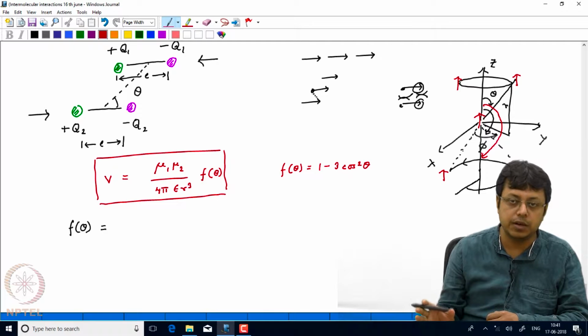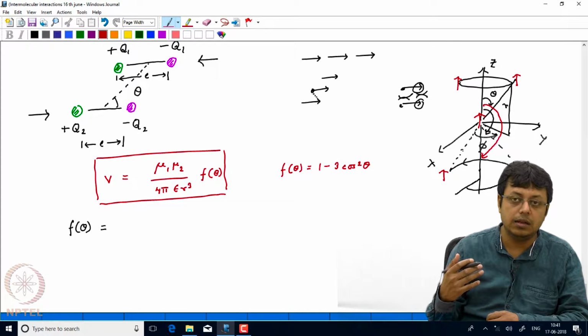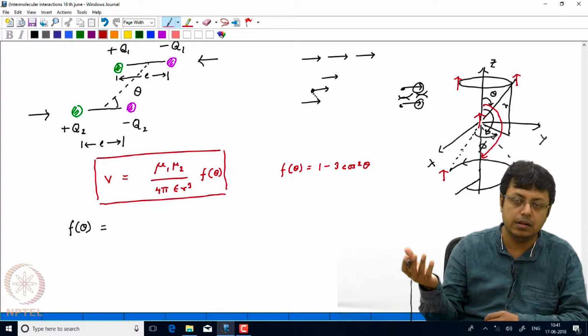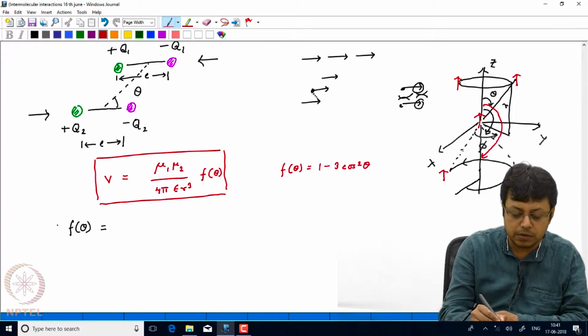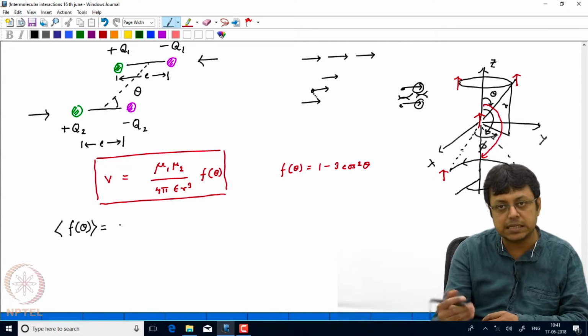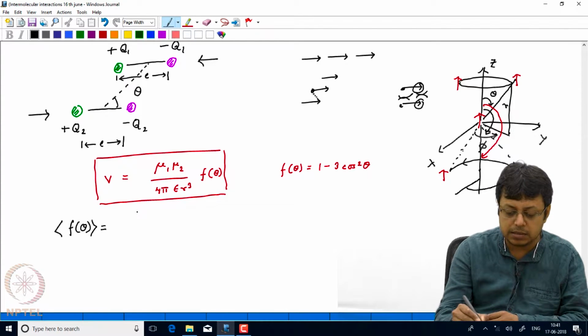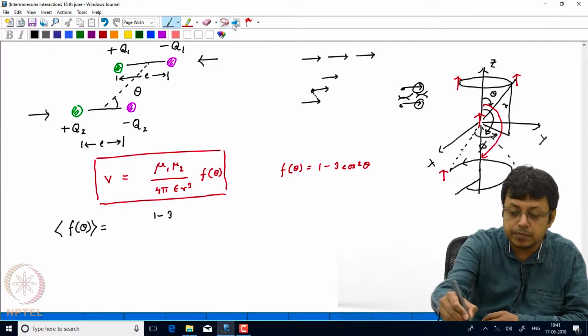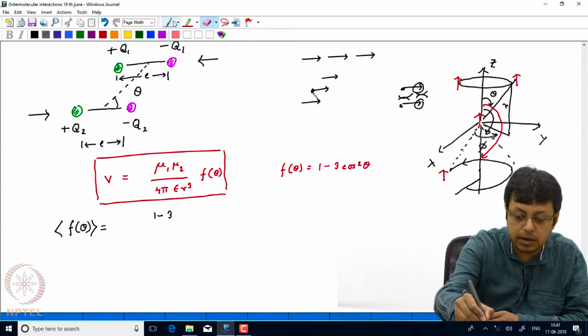There will always be a preferred orientation, because the energy has an orientation dependence, and the molecule will always try to populate those energy levels according to the Boltzmann distribution. So, if we calculate the average value of f of theta without considering the bias due to the dependence of energy on theta, we are taking f of theta as 1 minus 3 cos square theta. We can write it readily,